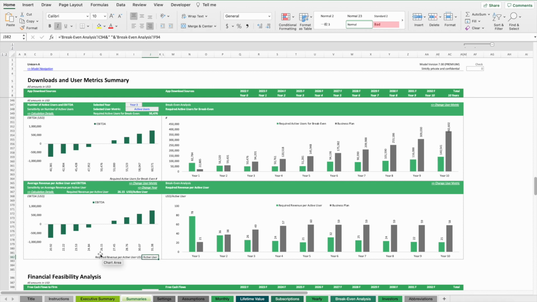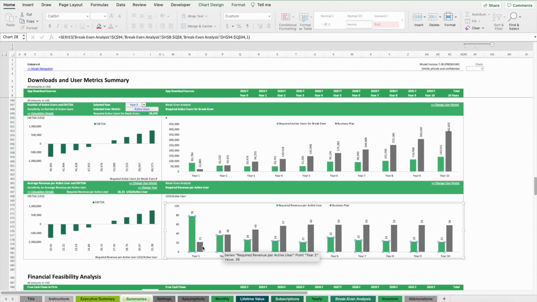In order to break even, we need the business plan assumption in terms of number of users, but these users need to generate $26 in revenue. And here we are also in year 3. As you can see, in year 1 we have fewer users, so they would need to generate much more revenue. So it's still a bigger gap here. Here it gets closer, and then as we go, we